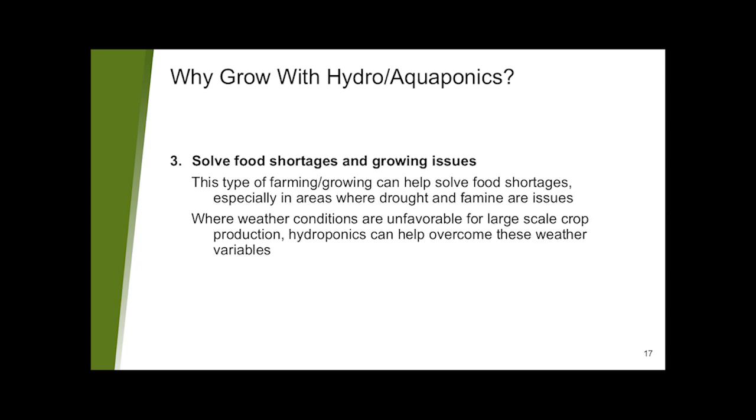The other piece of that is this can help in that kind of growing time save and help with some food shortage and growing issues. So this type of farming can solve some of those food shortages. So something that used to take 40 to 50 days to grow in the soil, with the ability to have light all day long, it could take 30 days. It could take 25 days. So the amount of time that you can get from seed to plant, or the start of a fry to a full-grown fish, can be changed based on the different things that you do to help